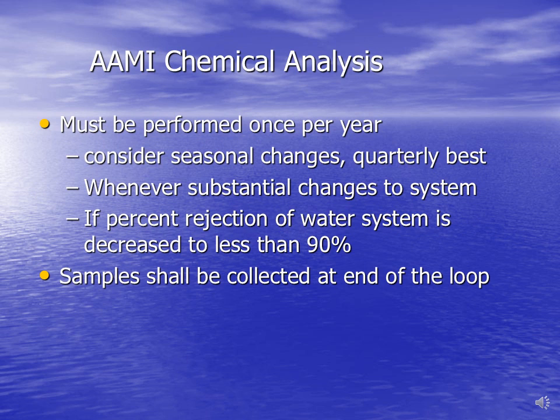Chemical analysis must be performed at least once per year. And if you have severe seasonal changes, quarterly may be necessary because, again, with seasonal variations, the water quality changes. Whenever substantial changes to the system occur, such as major repairs to significant components related to purification, it may alter your production, so it should be tested for chemical analysis at that point. And the new requirement is, if the percent rejection of the water system decreases to less than 90%,